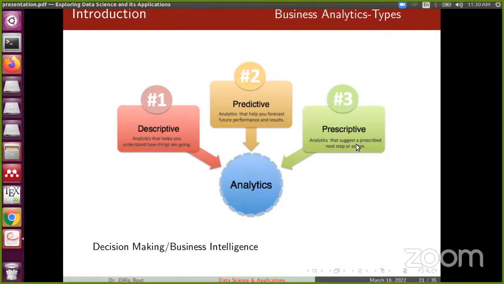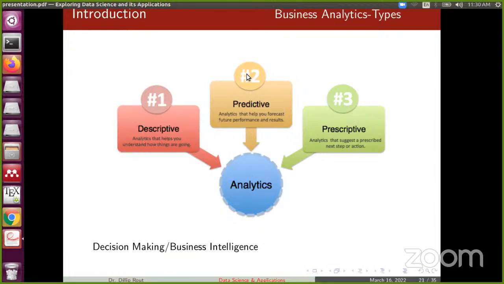And what is prescriptive? Prescriptive is that, look, we have 1,000 rupees and I want to buy 3 products. So what is the optimization of that? What is the best value that I can spend on each of these products? Those kinds of things can be decided with prescriptive analytics. This is also called operation research or optimization. We have linear programming and non-linear programming there. Many things are there.